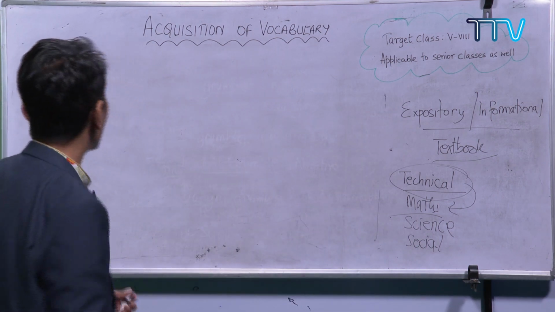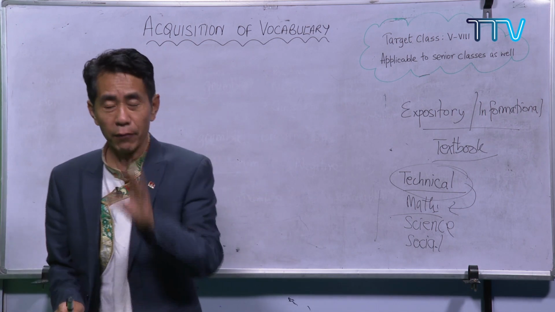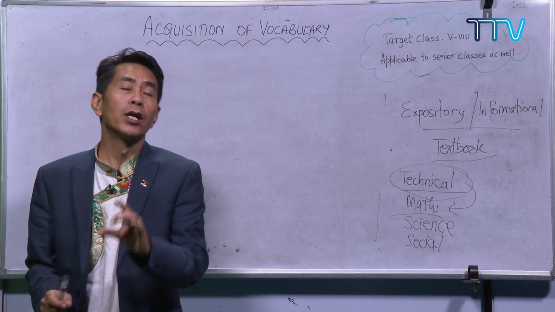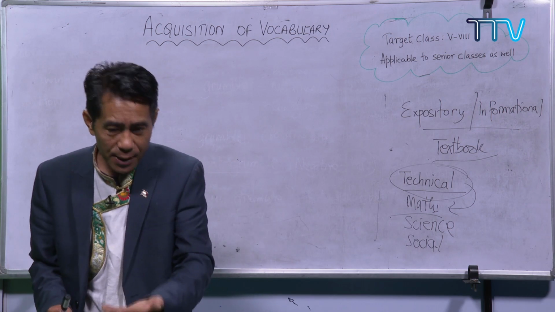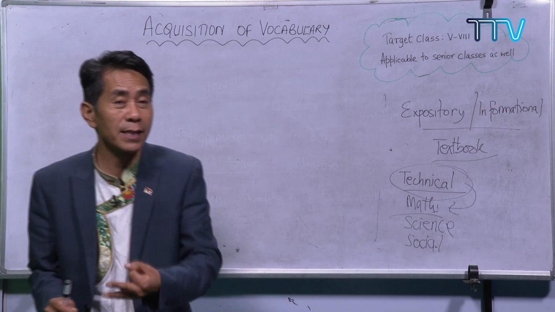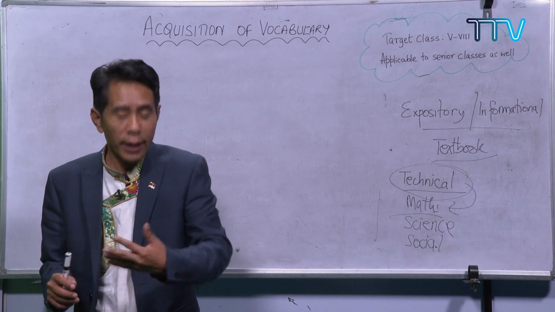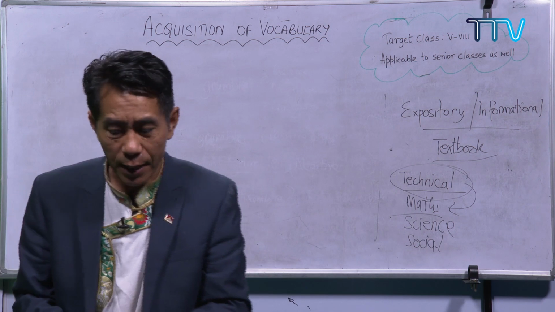Okay, yes. So I told you about the positive, negative, and question forms. If you learn one new word, you just try to make it into a positive sentence and a negative sentence, and then you try to make it into a question, an interrogative. These are the things that you have to do to each and every new word you learn. So that is the thing.